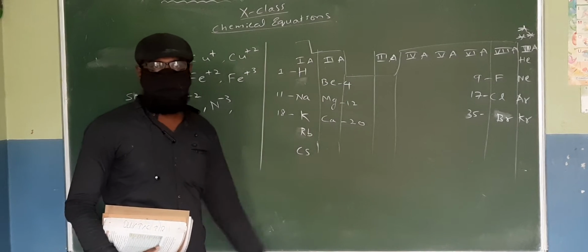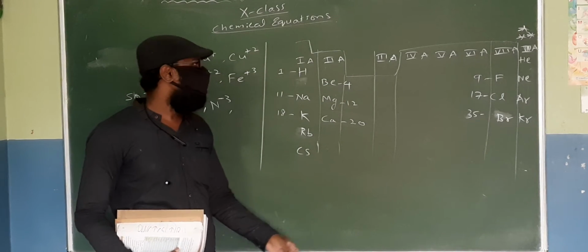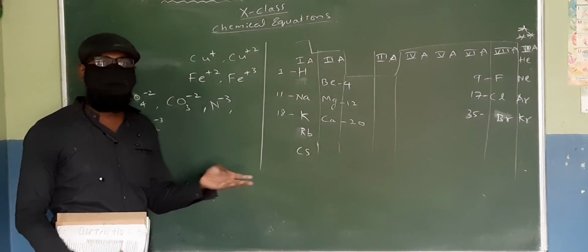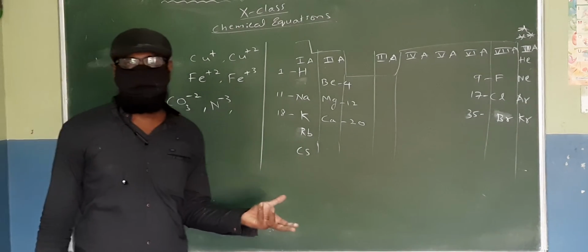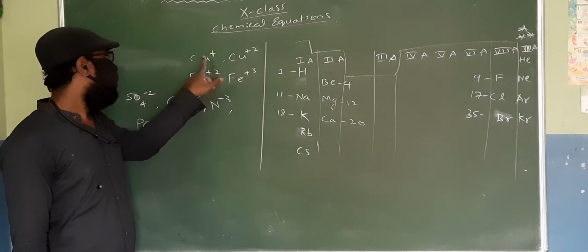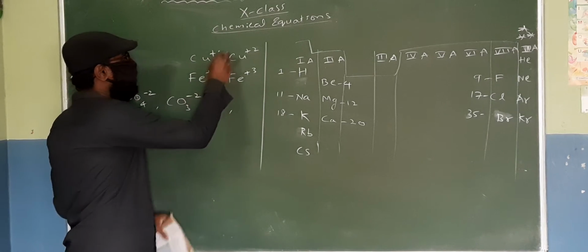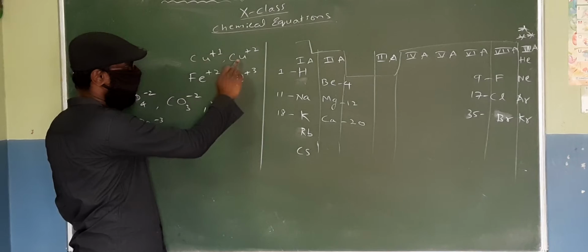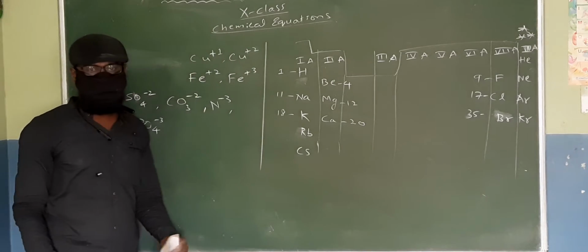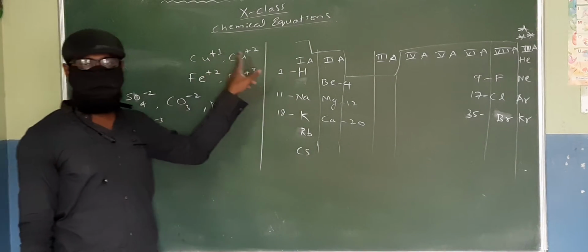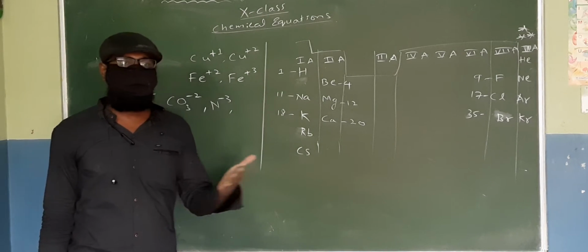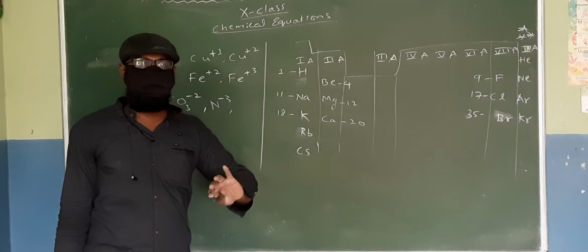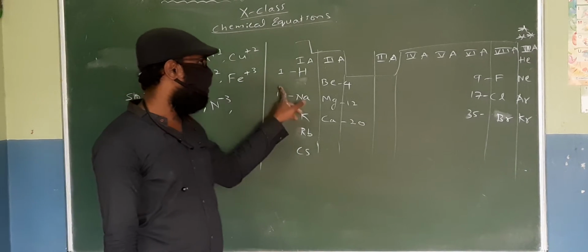The elements which are ready to lose electrons easily are what we call metals. For example, copper is a metal, and in copper electrons move more freely. That is why we use copper for electric wires. In copper, sometimes from each copper atom one electron can move freely, and in some copper atoms 2 electrons can move freely. So it depends on the situation. The elements in which the electrons can move freely, and from which you can remove the electrons easily, are called metals.